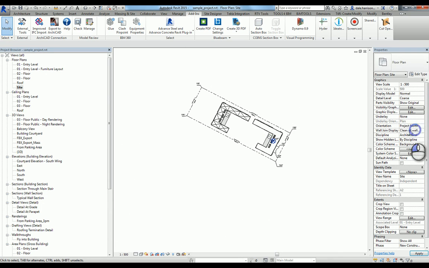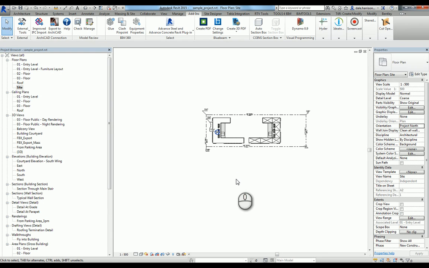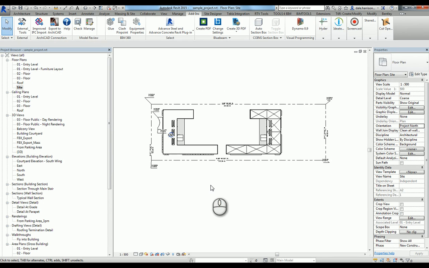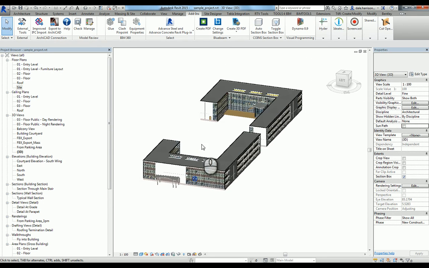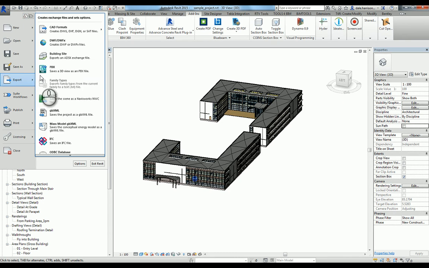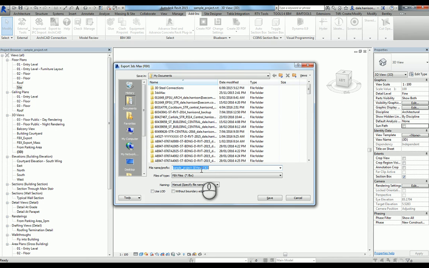So if I just set that to project north, so there's the site. Okay. Now at the moment I think I've got this actually rotated the wrong way around the axis, but that's okay. So again, back to 3D, and the purpose of this is I'll export this out to an FBX file. So File, Export, FBX, I'll just save it there and call it